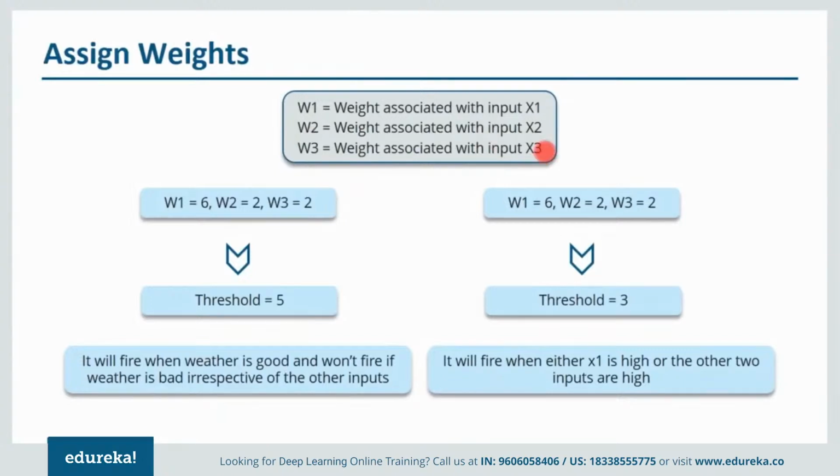Now, as I've told you earlier as well, weather is a very important factor, so I'll assign a pretty high weight to weather and keep it as 6. Similarly, W2 and W3 are not that important, so I'll keep them as 2, 2. After that, I've defined a threshold value as 5, which means that when the weighted sum of my input is greater than 5, then only my neuron will fire, or you can say then only I'll be going to the